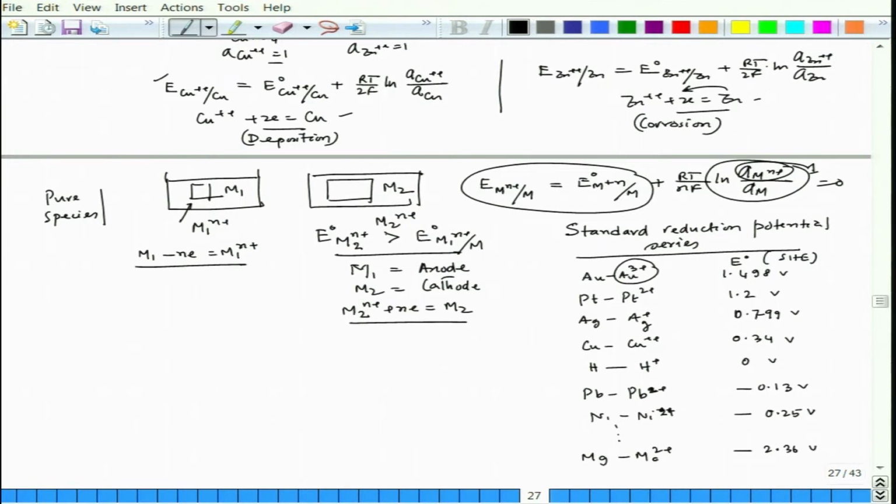And here if I try to see this, if we connect it to this too, when their ions are present, then this would be cathode and this would be anode. Similarly, if I connect magnesium with nickel, this should be cathode, magnesium would be anode. Similarly, if I connect nickel with copper, nickel would be anode, copper would be cathode. Fine. It is very easy to find out, but it is impossible to get in practical situations.